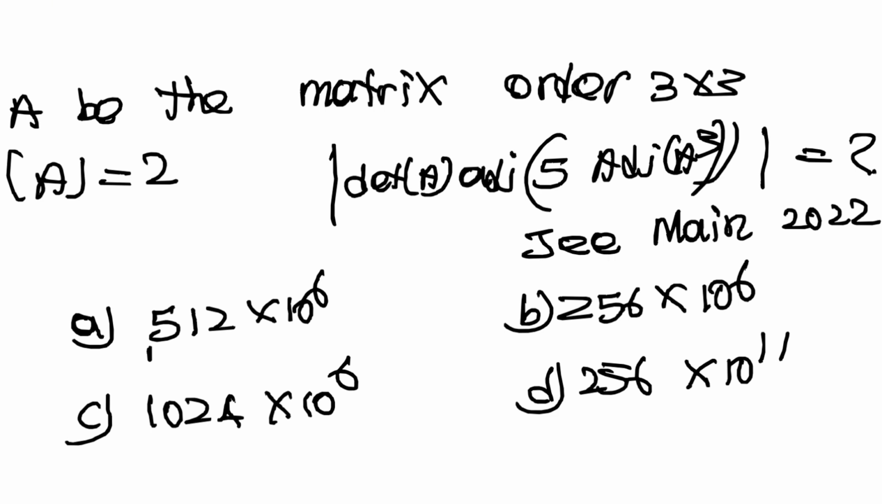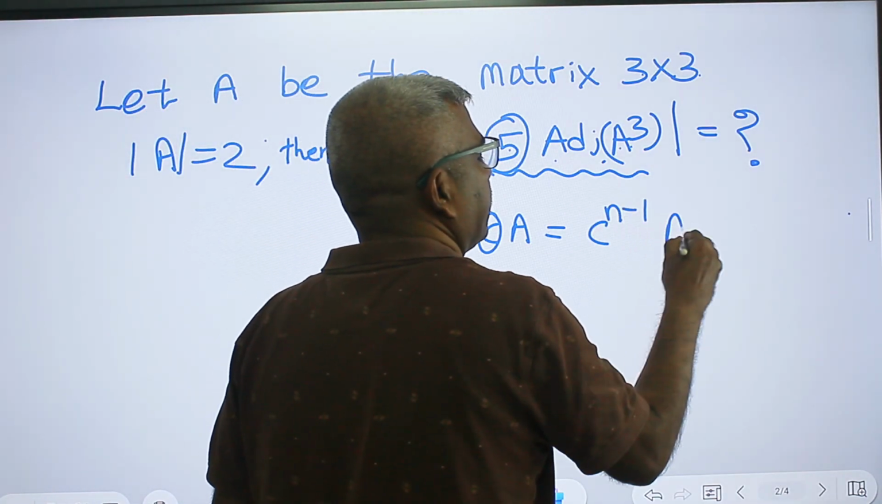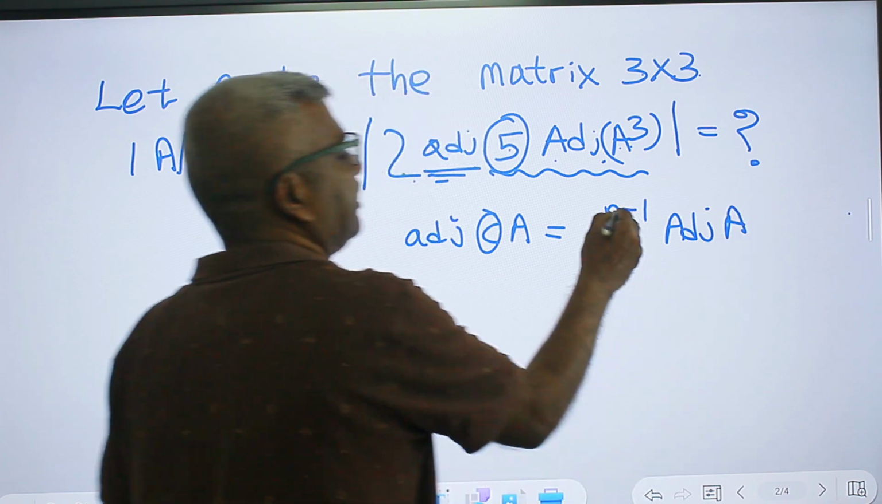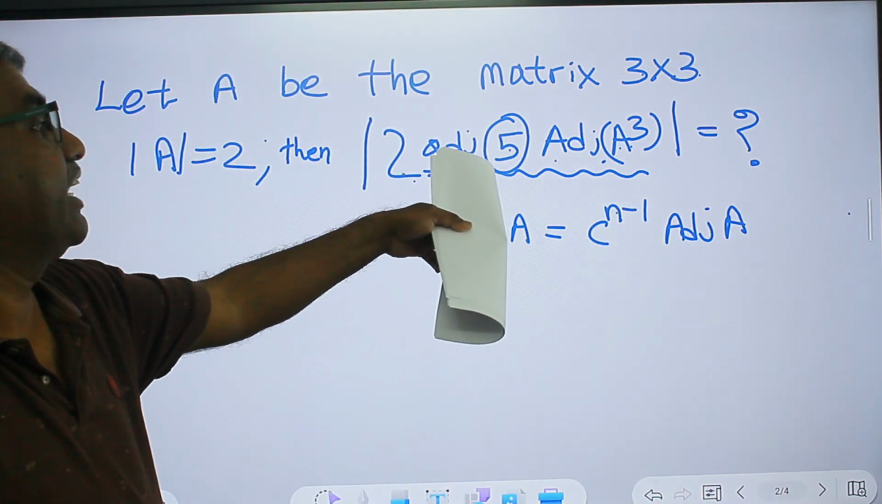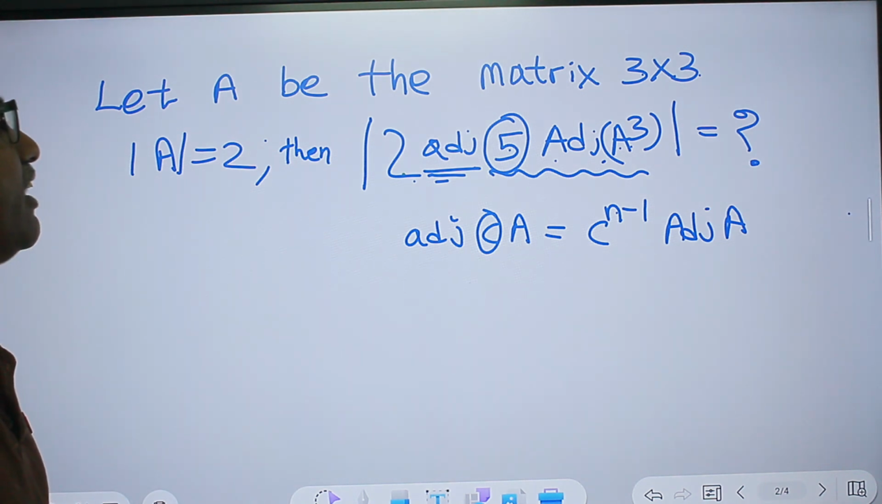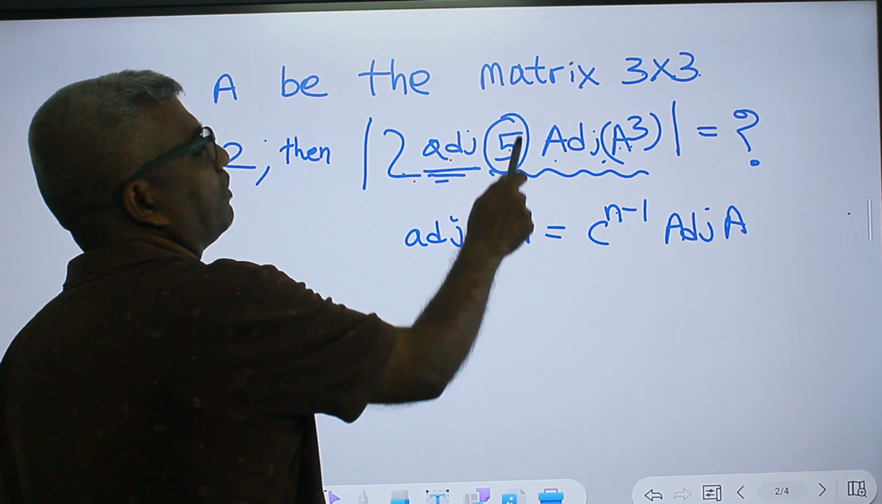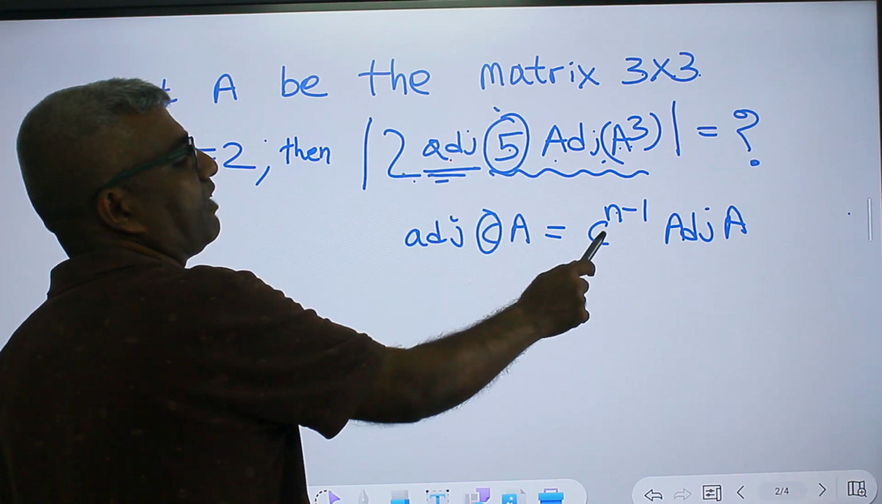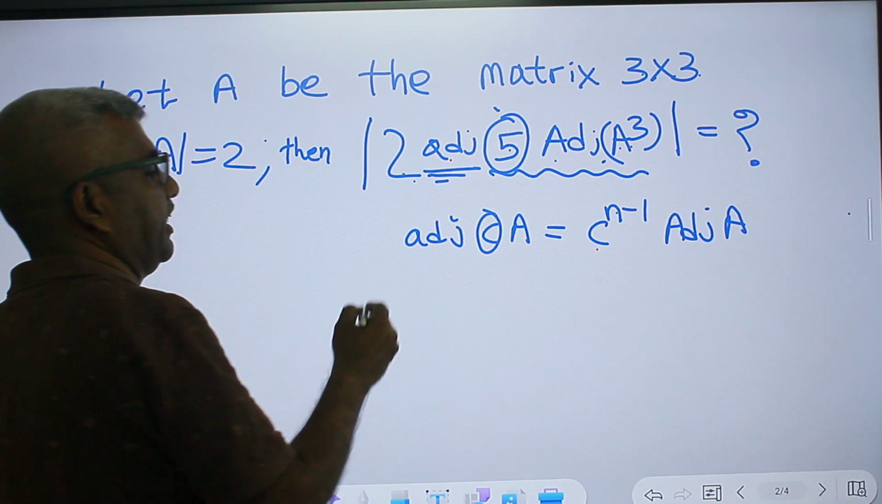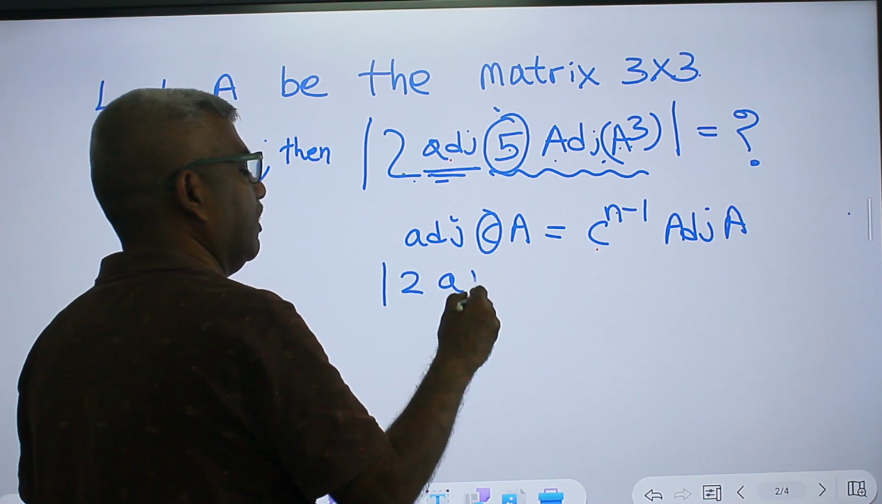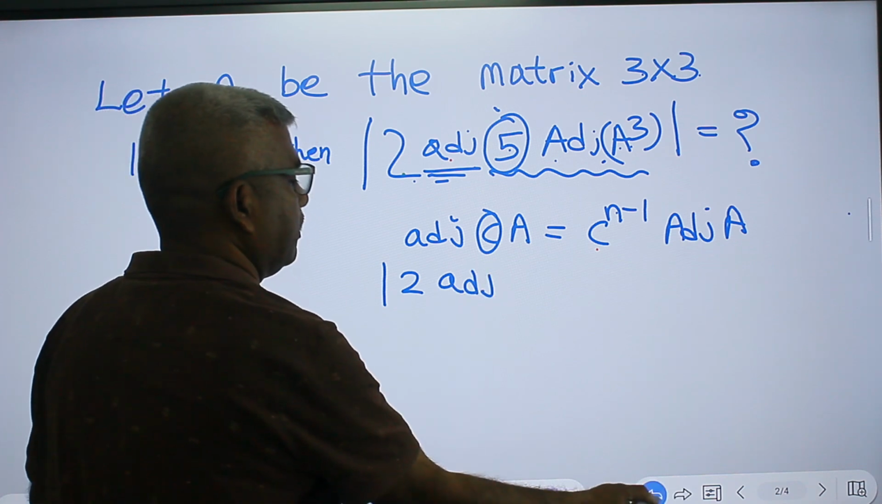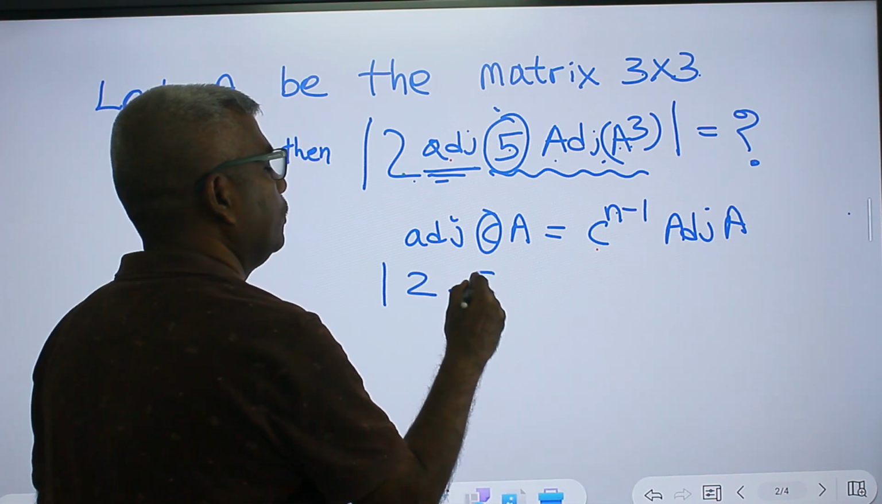Let A be a matrix of 3 cross 3. Now, what is the rule if you want to take anything out of an adjoint? Adjoint of C times A means we take out C power n minus 1, times adjoint A, where n is the order of the matrix. Now we are going to take this 5 out. From this adjoint, 5 comes out as 5 power n minus 1, so it will be 5 squared. So 2 times 5 squared